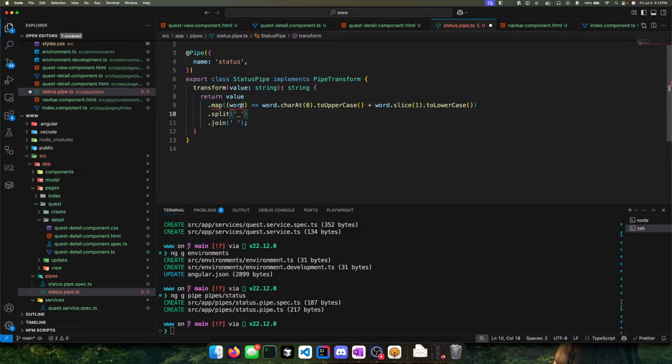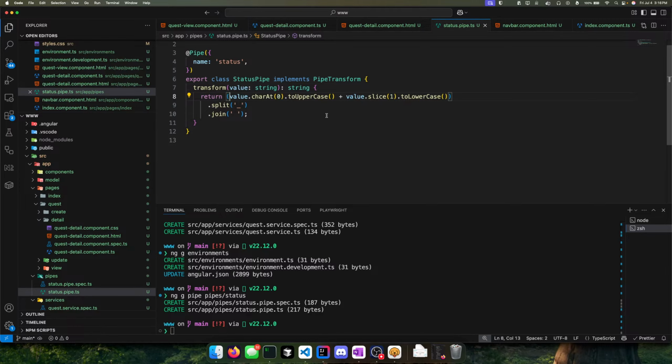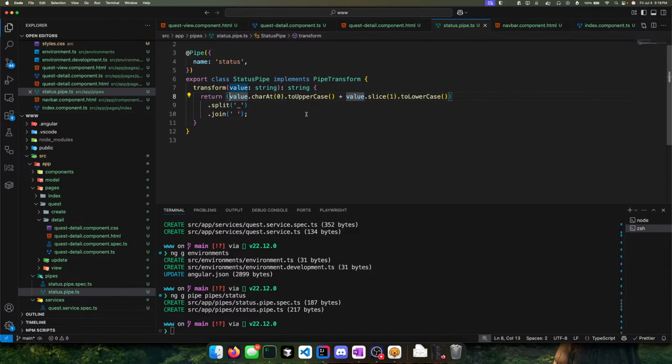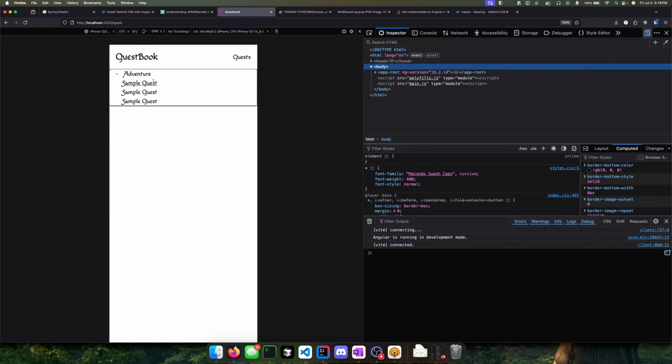So we'll do the first, instead of this, we'll just do char at, split it and join. Nice. So we don't have to worry about processing or anything. We could have done it, but